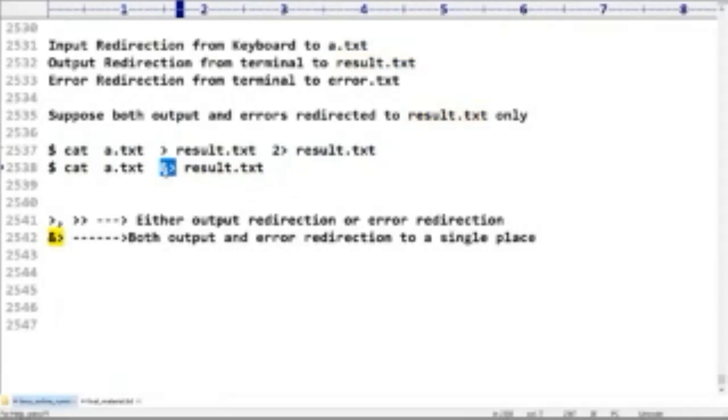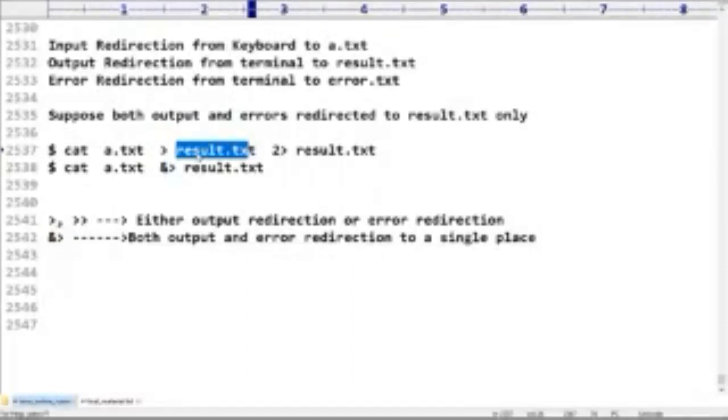Yeah, Swarup, getting it? If both are pointing to the same place, then in result.txt you have to decide whether it is an error message or an output message. Usually most of the time we want to do that. If you want to do that, fine, but you should be in a position to identify whether it is output or error. Remember that based on the message, up to a certain level, we can guess. Clear, right?